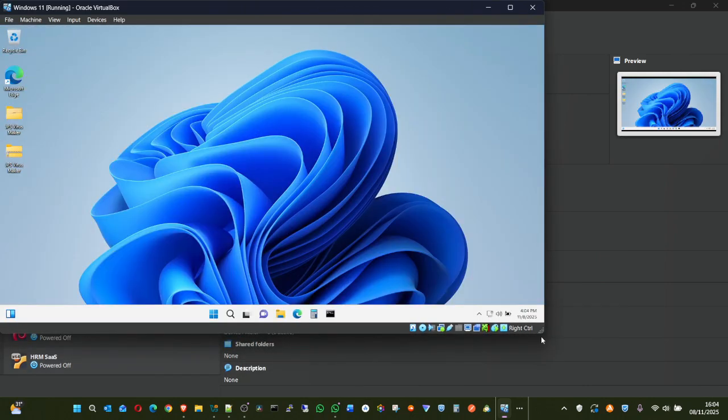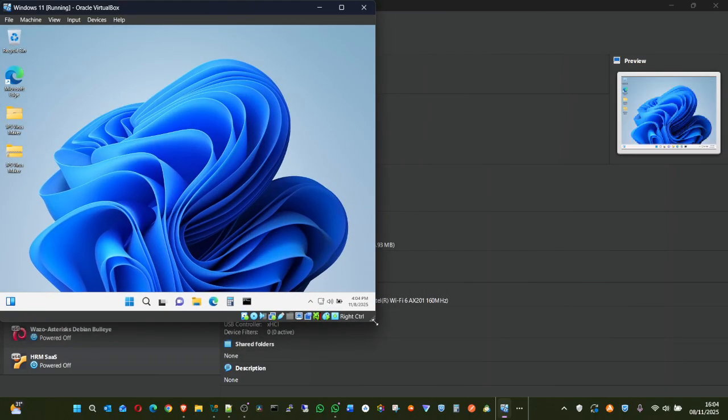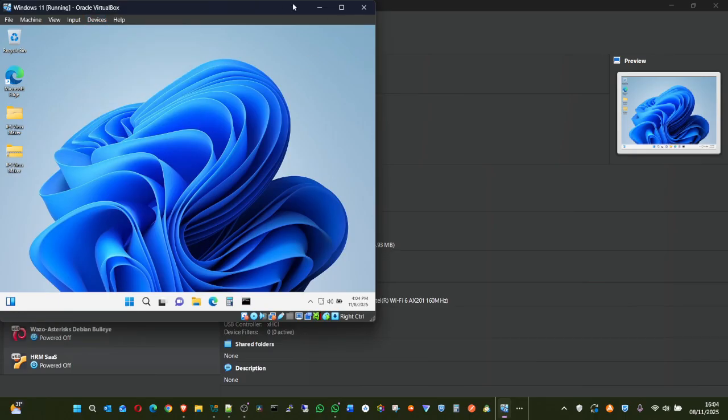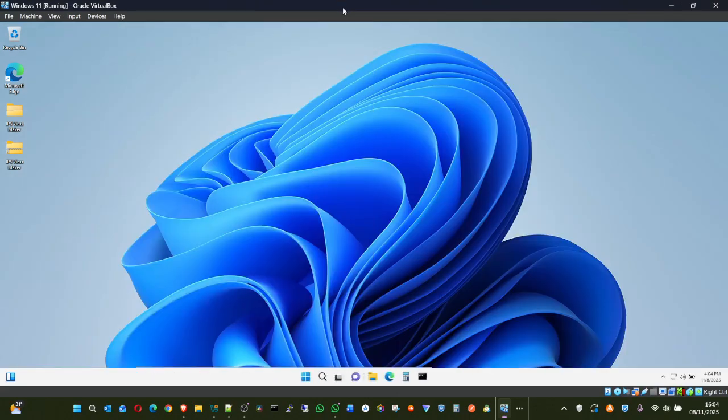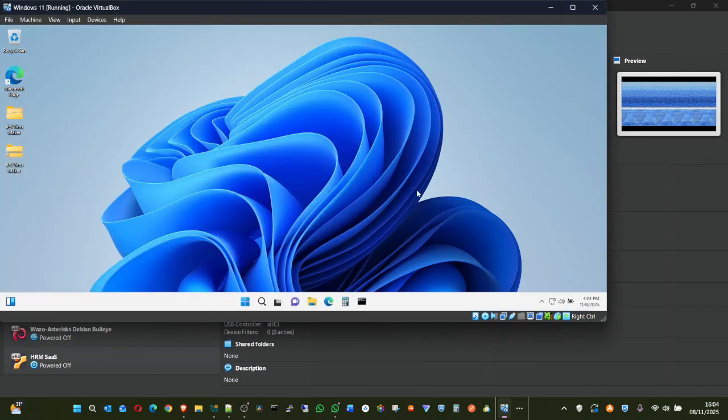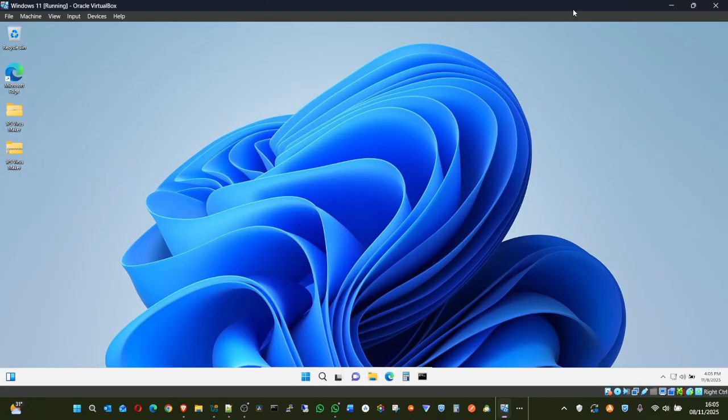Do you know the reason why when I just did right here, I can automate the screen resolution? There is a software called Insert Guest Additions CD. It allows the screen resolution to correct itself automatically. So irrespective of how I adjust it, it automatically readjusts itself. Anyway, we'll get to that level when we really need it.